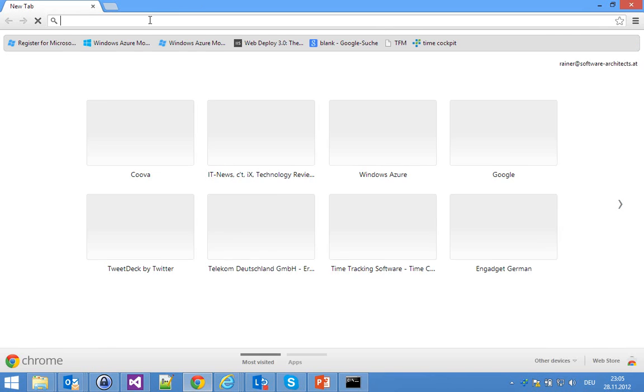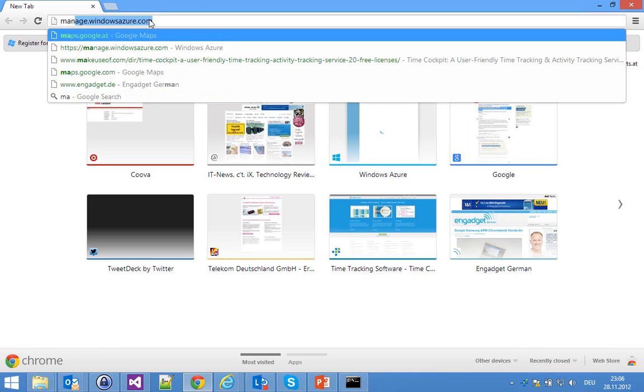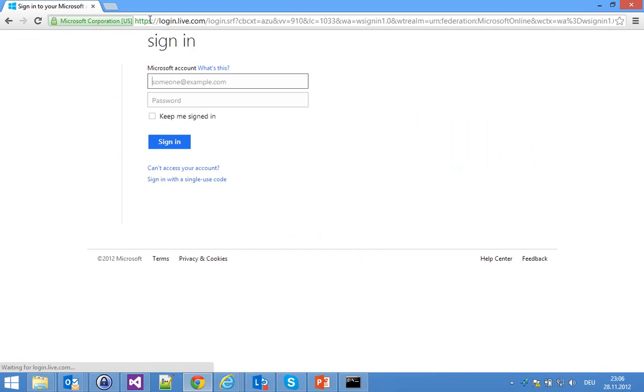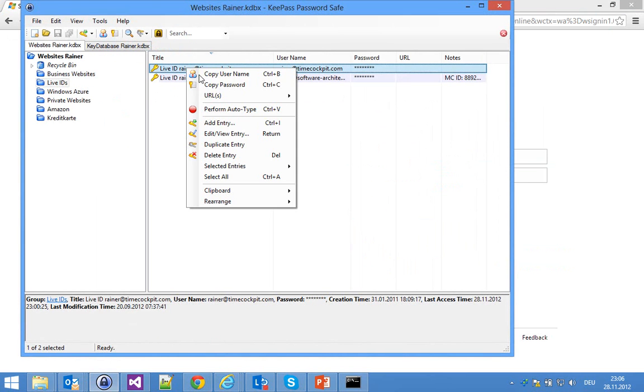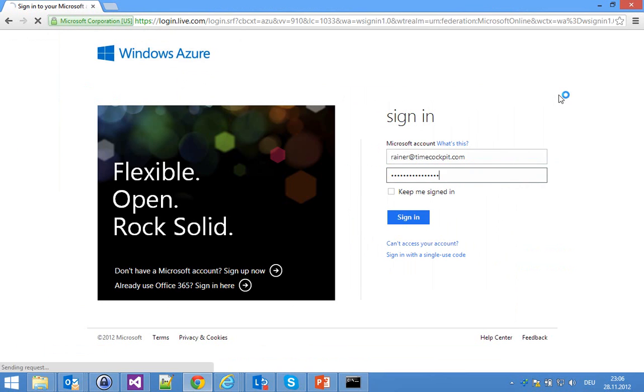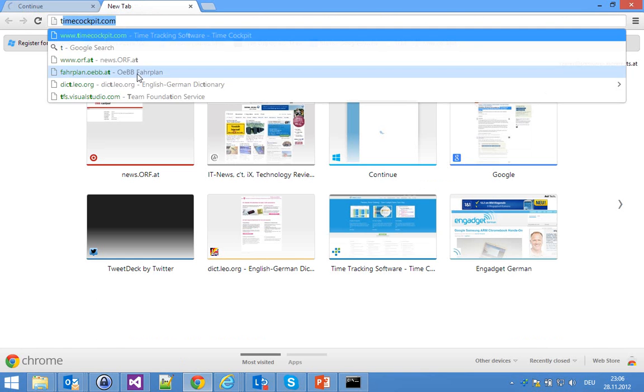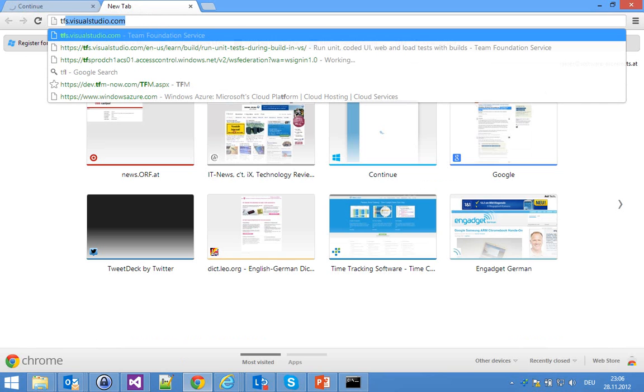To start with it, we log in to manage.windowsazure.com. If you don't have a Windows Azure account yet, well, I think you should grab one. And I have an existing account. You can get one 90 days for free, but I will sign in with my existing account. And on the second tab, I will launch Team Foundation Services running in the cloud. The URI is